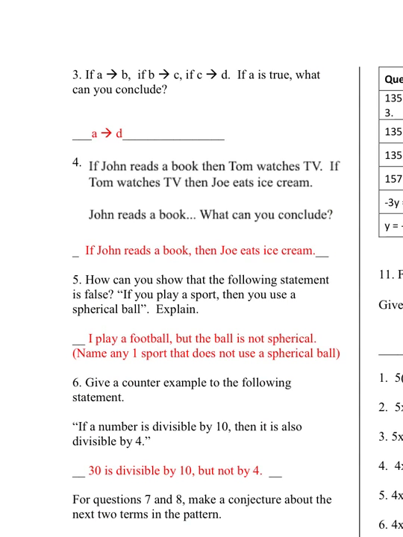All right, here we are on the back, question 3. This is a syllogism, it's a chain rule. The arrow is the symbol for then. So this is if A, then B. If B, then C. If C, then D. If A is true, what can you conclude? So in syllogism, remember